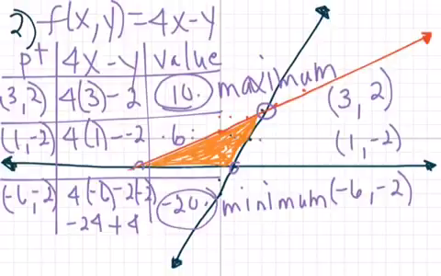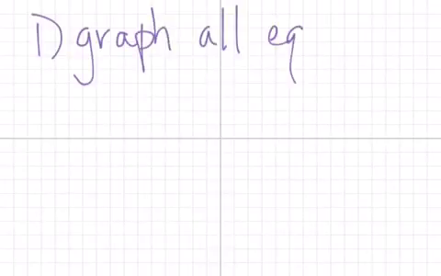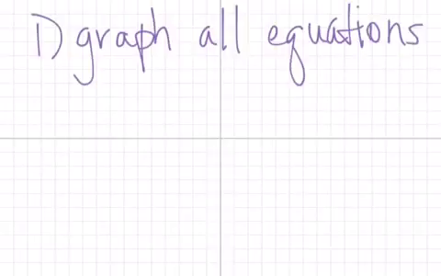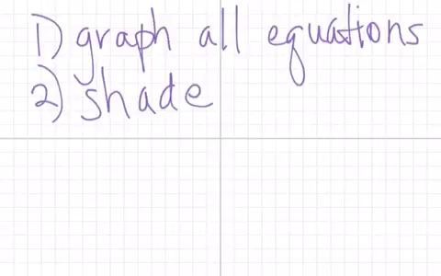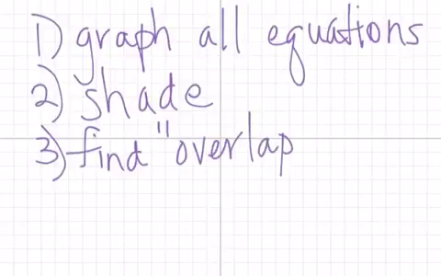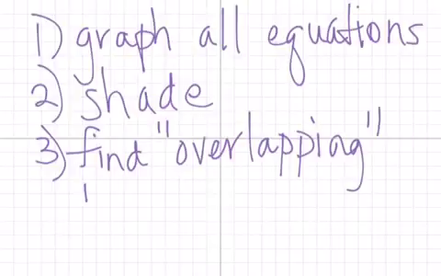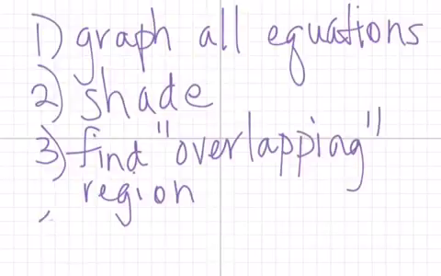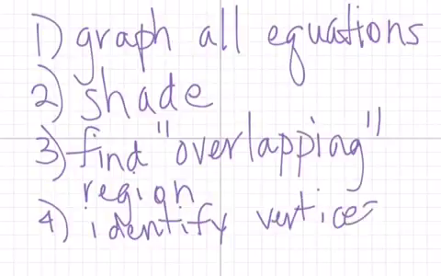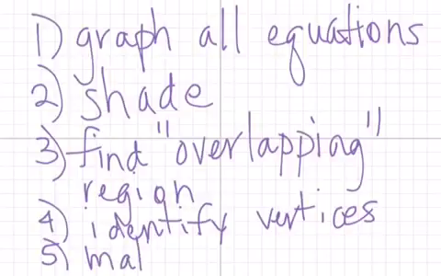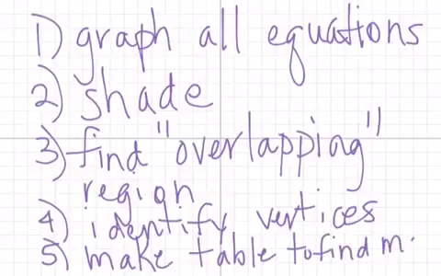You have to graph all equations, shade, find the overlapping region, identify vertices, and last but not least, make a table to find max and min. Those are the steps. In lesson 3.2,